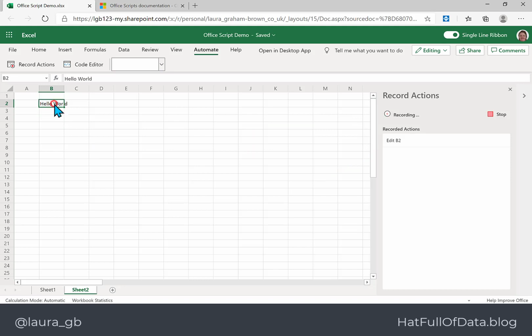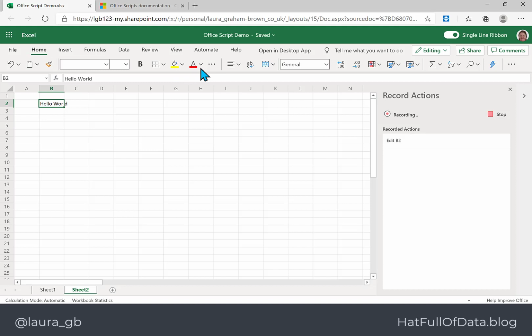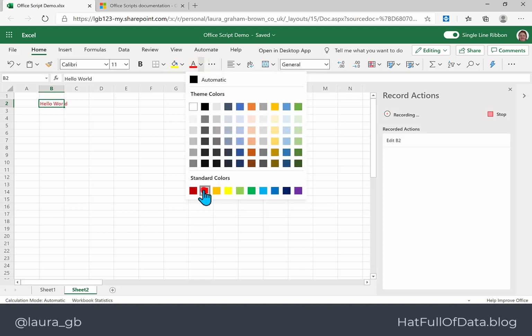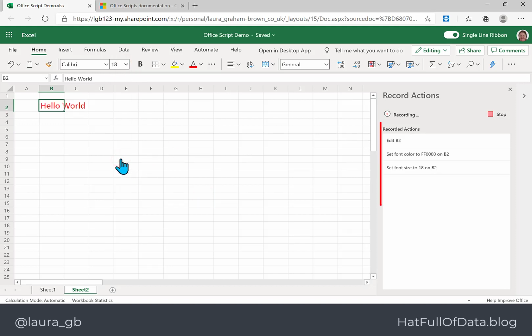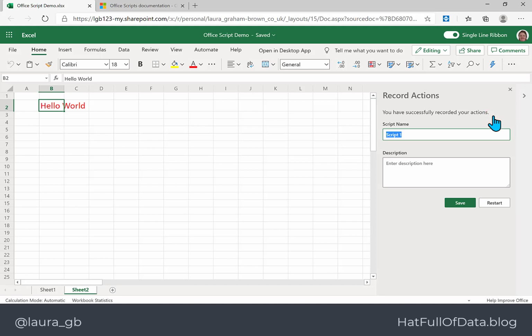So if I go back onto B2 and on the home ribbon we're going to change the font colour to be red, and I'm going to change the font size to be 18. So we've got 3 actions recorded, and I'm going to click stop. I'm going to give my script a name, and there we are, there's hello world from when I recorded this before, and I'm going to click save,